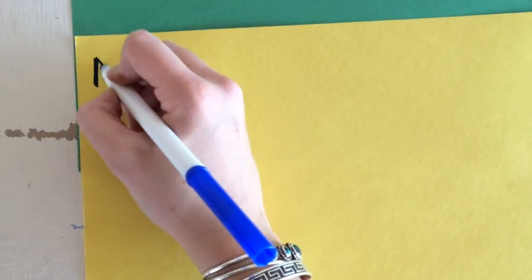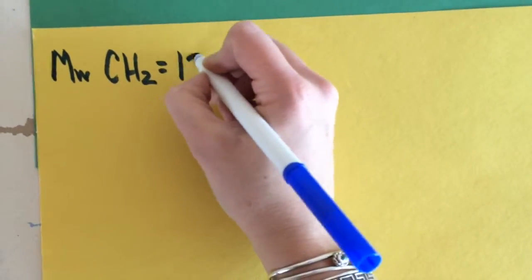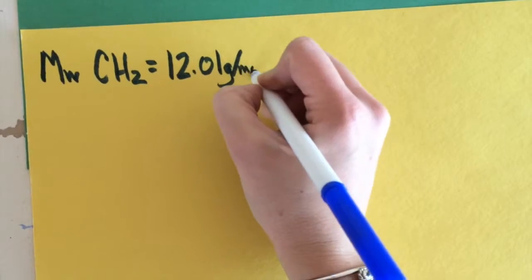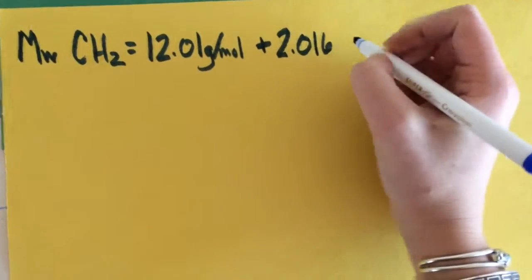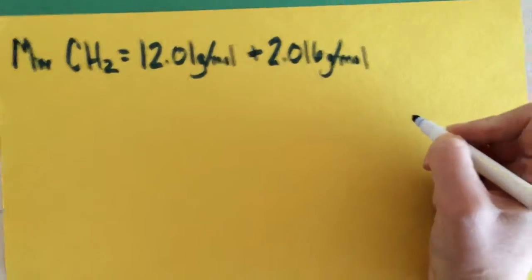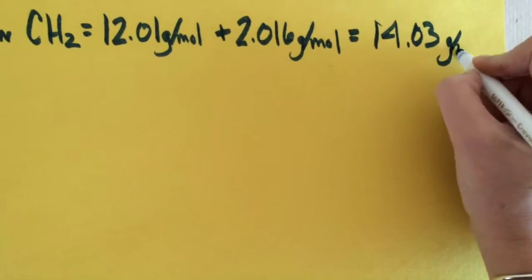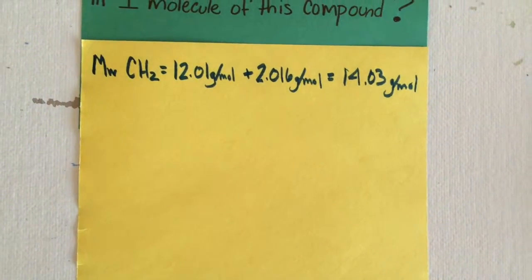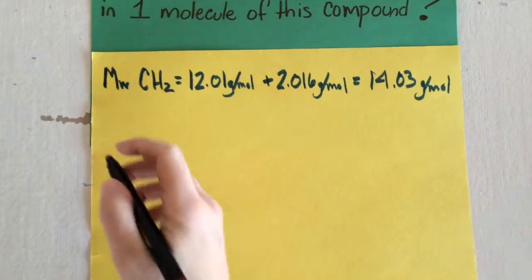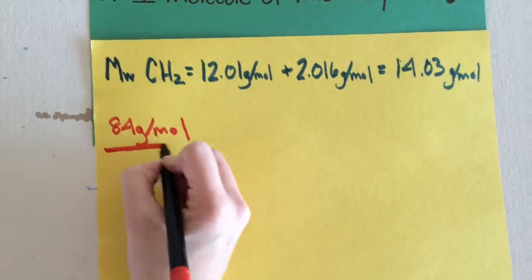So first, we need to find the molecular weight of CH2. Using the periodic table, we find 12.01 grams per mole for carbon, plus 2.016 grams per mole for H2, which equals 14.03 grams per mole. In order to find the ratio of the molecular weight to the mass of the empirical formula for CH2 that they've given in the problem, we're going to take 84 grams per mole and divide that by